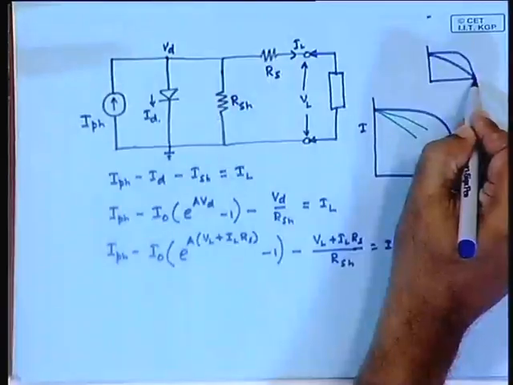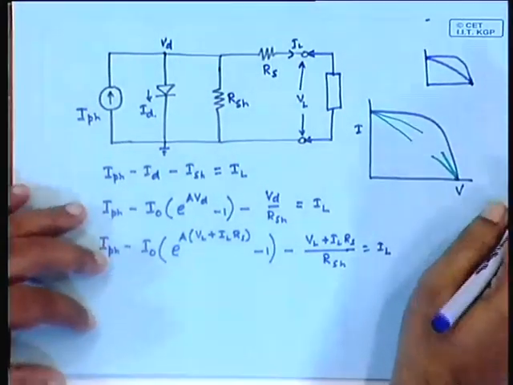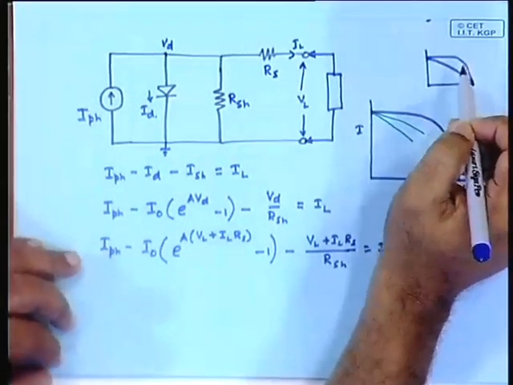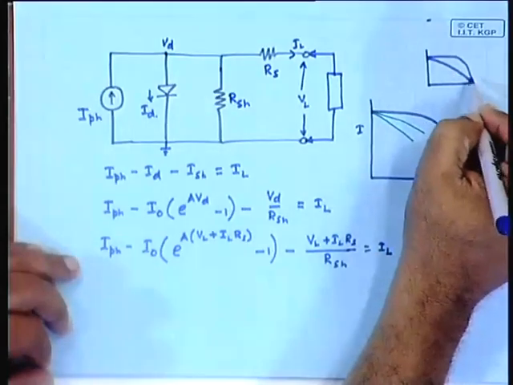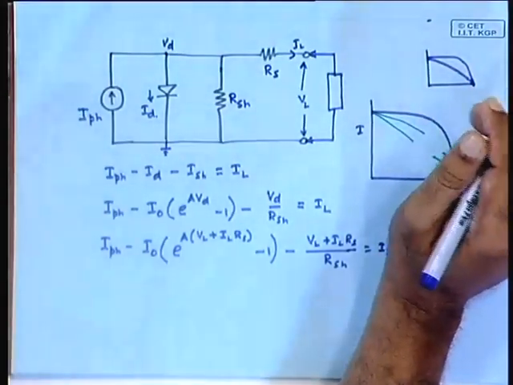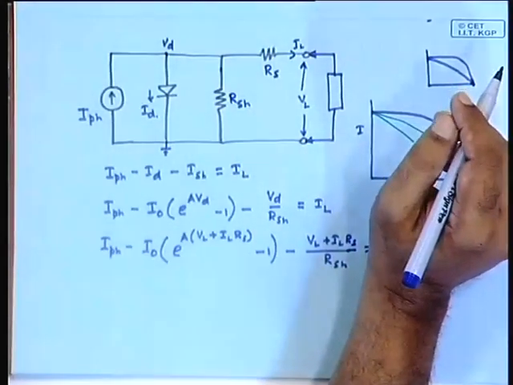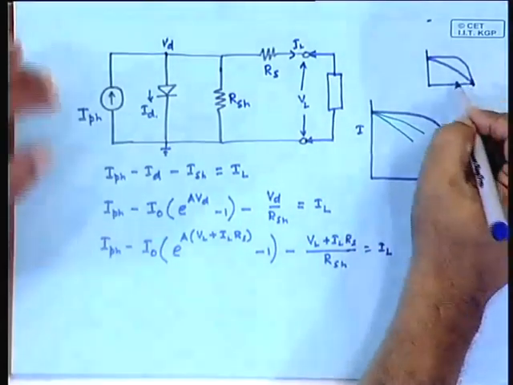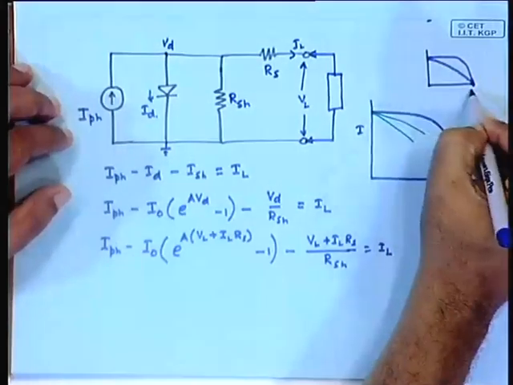When you buy a panel from the market, you never know. If you simply measure with a voltmeter what voltage is being produced, you find it is fine. I mean, things are like this here, but yet the panel can be bad. So, it is often necessary to actually measure this characteristic in order to understand whether I am buying the right panel or not. Badly manufactured panels will have a characteristic like this, not like that.